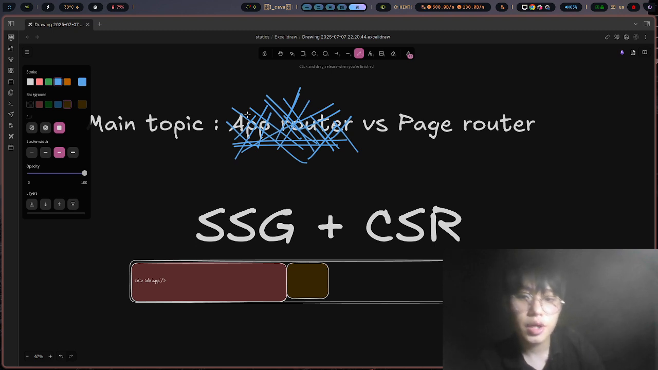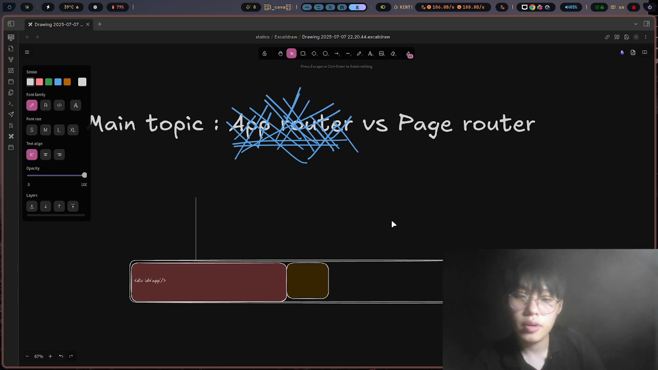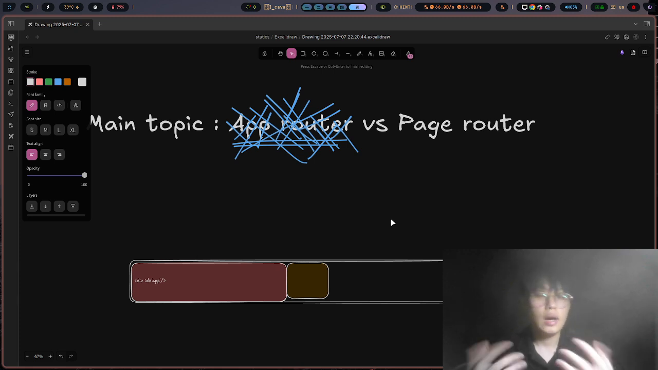Because what app router does is, forget about SSG and SSR and CSR, whatever. I'm just going to do everything for you. That's what app router means. SSG, SSR, don't care. We'll optimize it for your website, so you don't have to think about it and you can just make your website even faster. But the bad thing is that